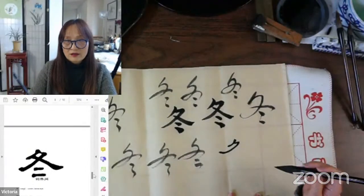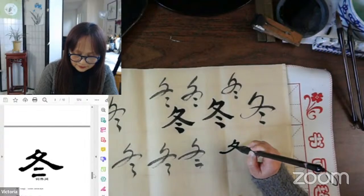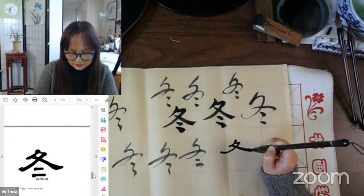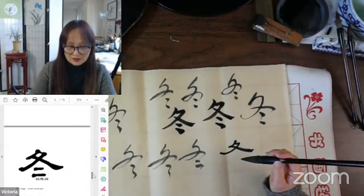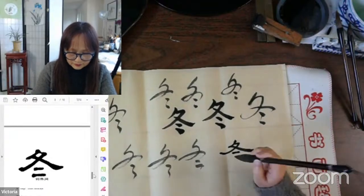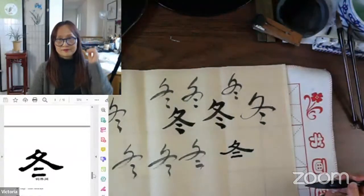And press for the goose tail flying. Slow, slow, slow. And the 2 dots, well, 2 horizontal looking things. That's the